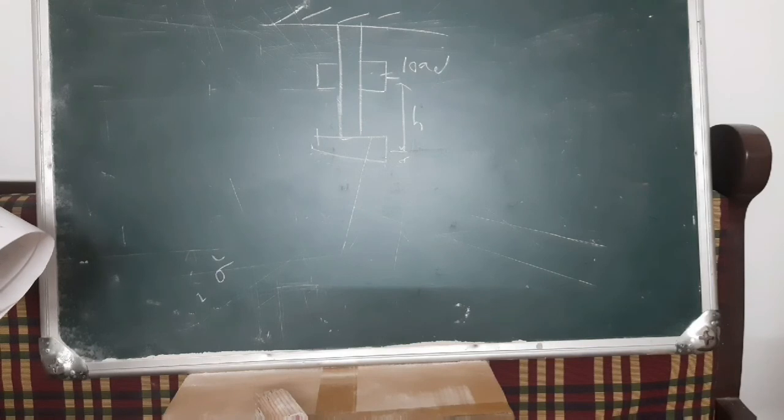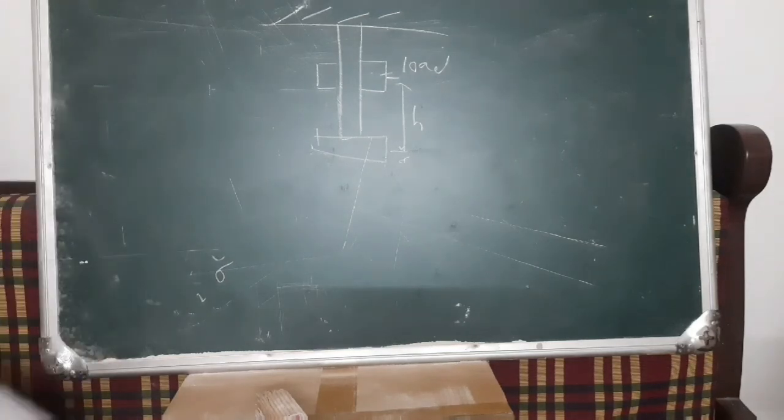When it commences to the collar, we say that there is an extension. Now let the load be dropped from height h. We can say that from height h the load falls on the collar, due to which there will be an impact on the collar and there will be extension of the bar.